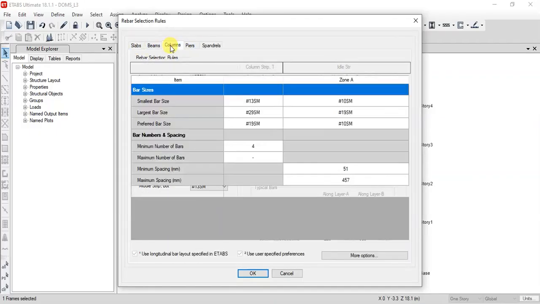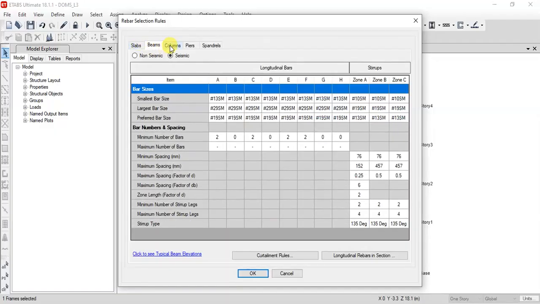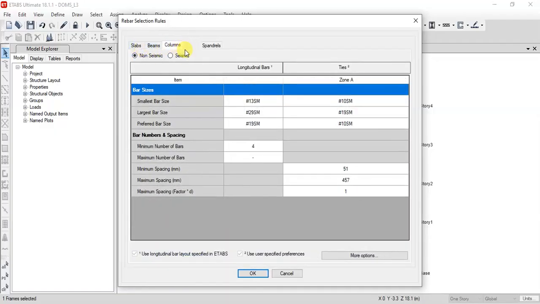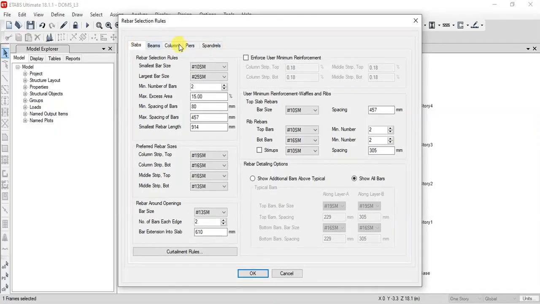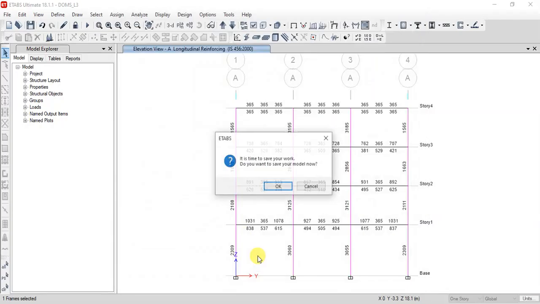So before we do detailing, you can check for these options for slabs, beams, and columns. These piers will come only in bridges, and spandrels will come in different types of structures. So we'll be looking into slabs, beams, and columns here in a multi-story structure, where you give the preference,